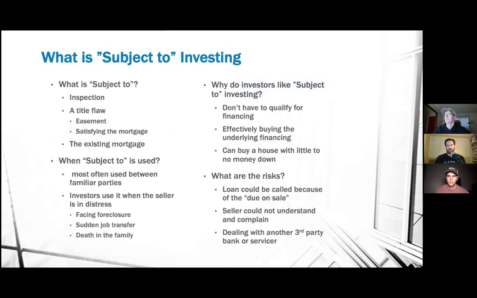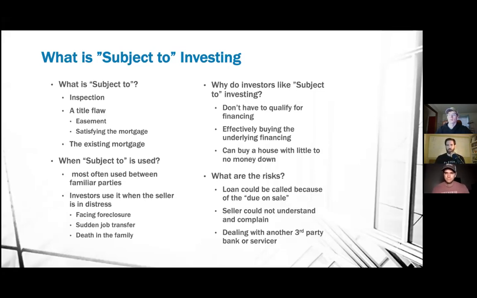So just the term "subject to" simply is a word structure that says an exception to what's said after it. And then in the real estate context, it is an exception to title. So it is very common when looking at a title report that it will say we have clean title here, subject to these exceptions, subject to this easement, which may stay there forever, subject to satisfying this mortgage that is currently in place, or subject to the existing mortgage, which is what we do as real estate investors,